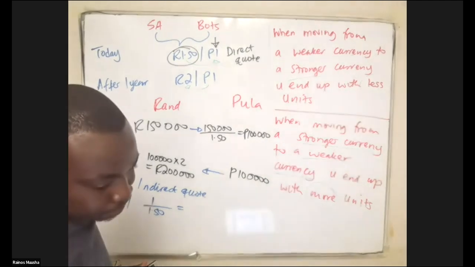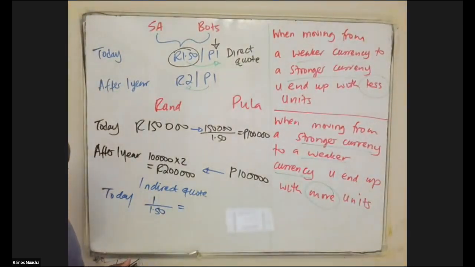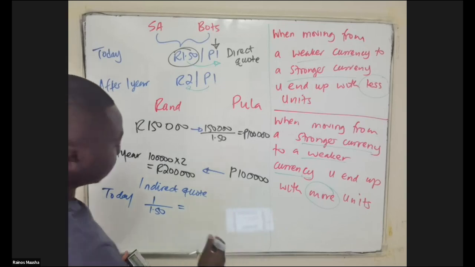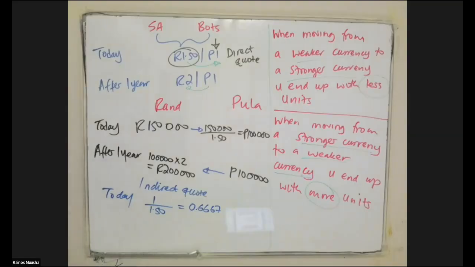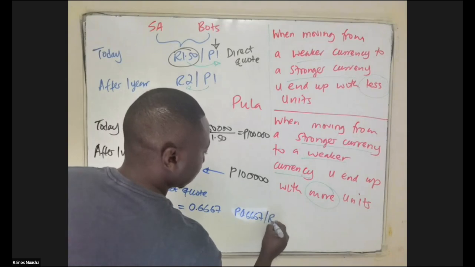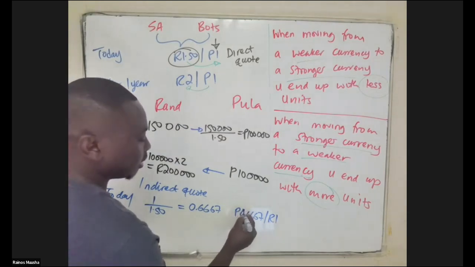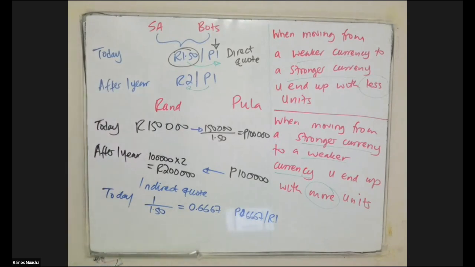How much do you get? You get 0.67, isn't it? So you get 0.667, which basically means 0.667 gives you 1 South African rand. So 0.667 units of the dollar gives you 1 South African rand. So this would be the indirect quote, because you're saying how many units of the foreign currency do we need for 1 unit of what? The home currency. Then after 1 year,